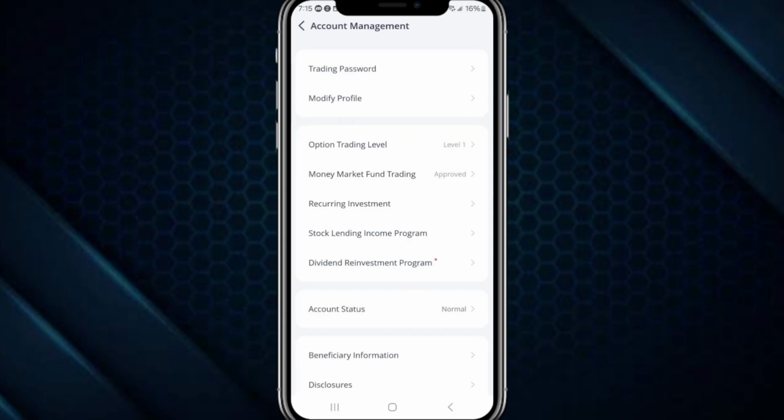And there you have it. You've successfully set up dividend reinvestment on Webull. By taking advantage of this feature, you're allowing your investments to grow more efficiently. Keep in mind that reinvesting dividends is a long-term strategy that can significantly boost your